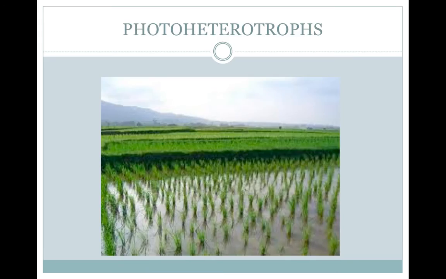Photoheterotrophs use light as their energy source but must obtain carbon from organic compounds made by other organisms. For example, compounds released by plant roots, like in rice paddies, or from decomposing photosynthetic bacteria in hot springs, are taken up by photoheterotrophs and metabolized to form the building blocks for other compounds. Sunlight provides the necessary ATP through photophosphorylation.